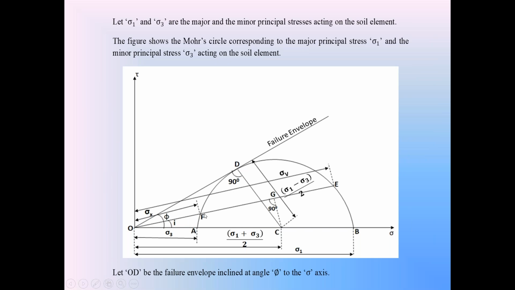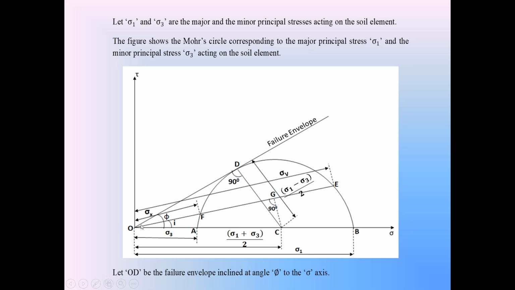In order to observe these two stresses sigma V and sigma X in this Mohr stress circle, passing through the pole O, draw a straight line making an angle i with the horizontal. This i angle indicates the angle of the top and bottom surface of the side element. We know that the top and bottom surface of the side element make the angle i with the horizontal. So from that pole O in the Mohr stress circle, draw this straight line OE such that OE makes the angle i with the horizontal. This straight line OE touches the Mohr stress circle at point F and also at point E.